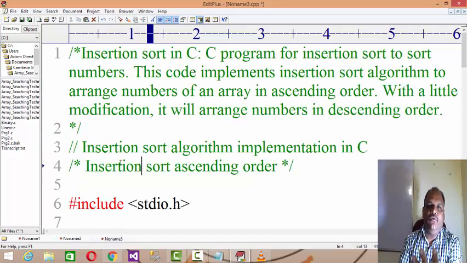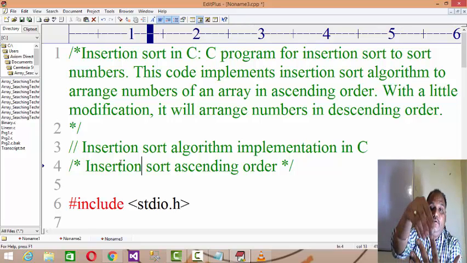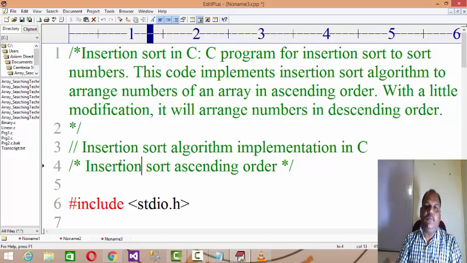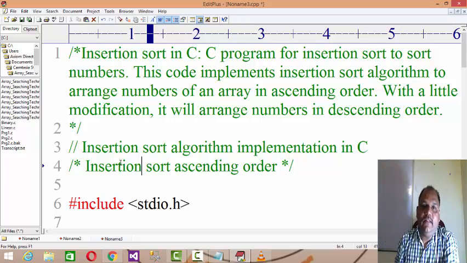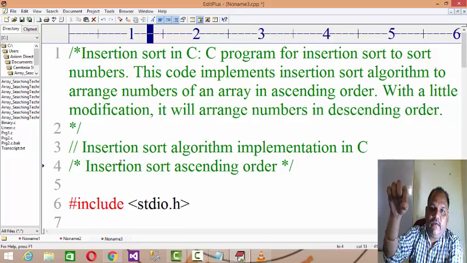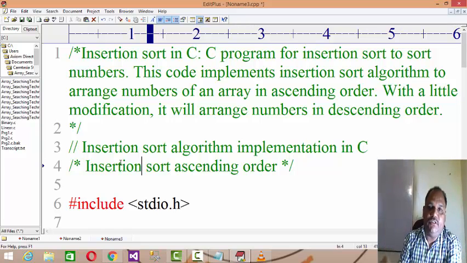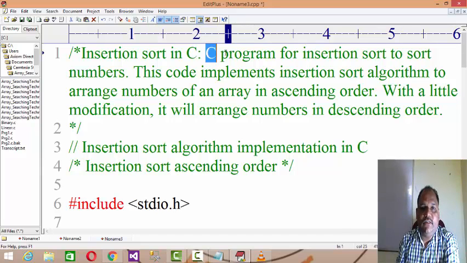Now insertion sort means, let us understand you have cards over here, right? You have to arrange the cards in a sequence. What you will do, you will pick up one and then move towards the left. If this card is less than this, then swap them. Now the second one again, third, fourth. Insertion sort means pick up a card and then arrange it in a sequence over here, right? This is the logic of insertion sort. You have to pick up one card and insert it in the specific position. That is the logic of insertion sort. C program for insertion sort.